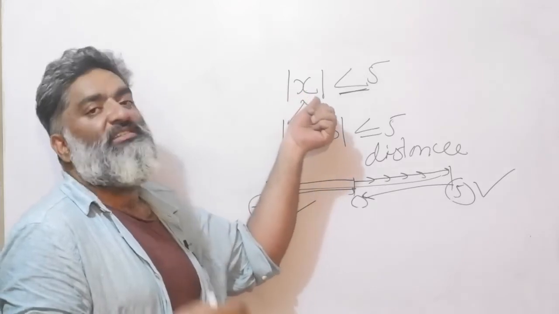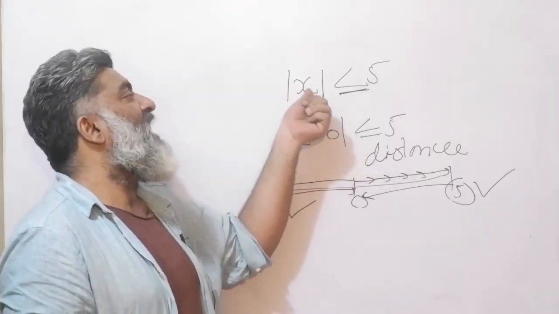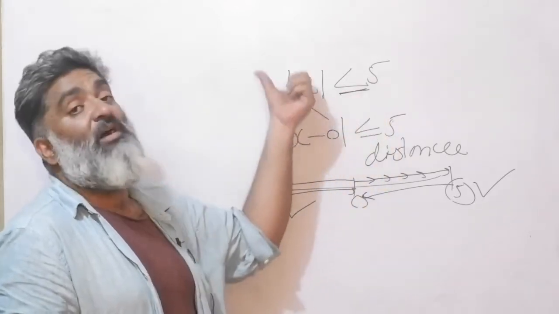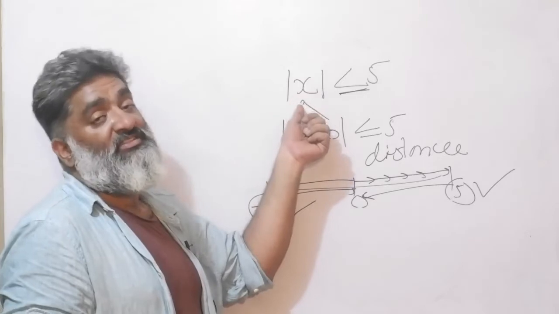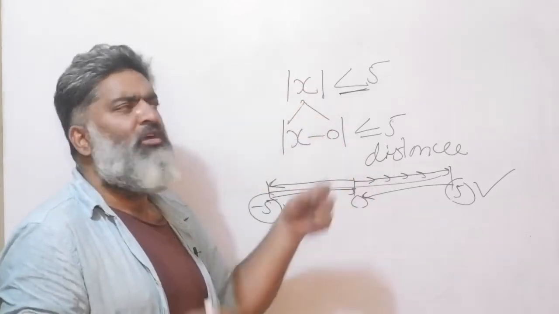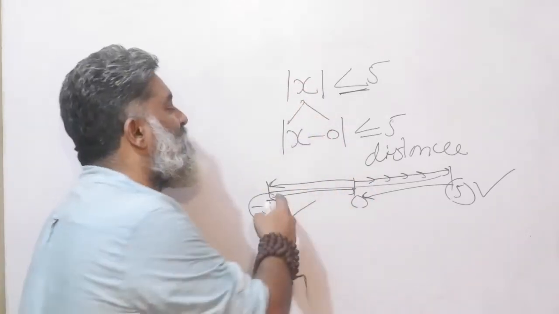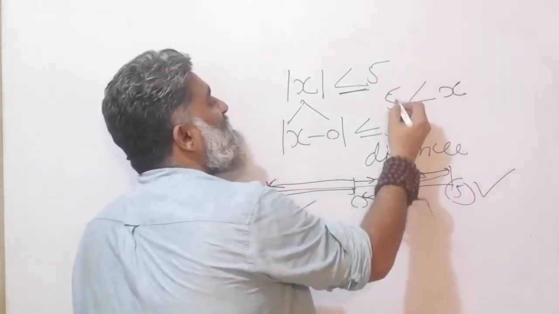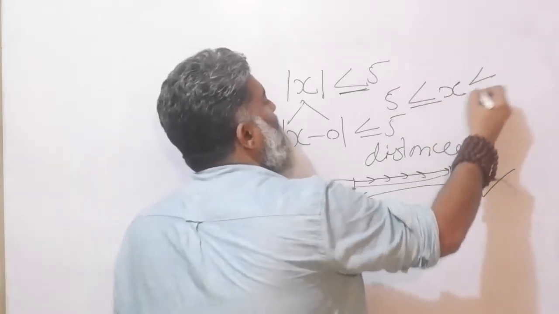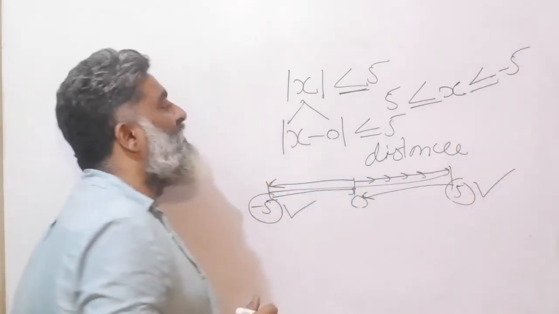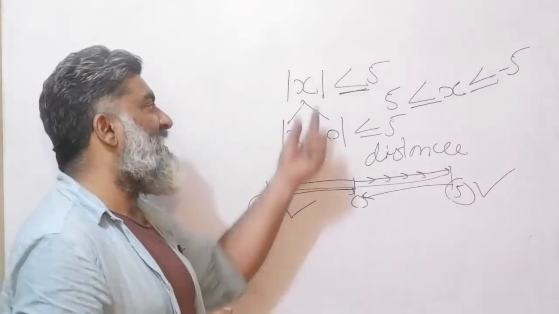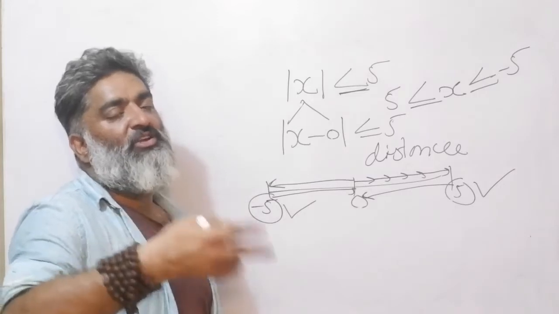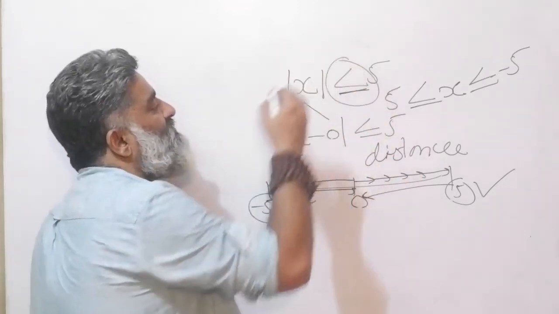I know I cannot put a 6 here. Think even more commonsensically. I know I cannot put an 8 here because it has to be less than 5. If I put an 8 here, this will come out as 8. If I put a -8 here, this will come out as 8, which is not allowed. So just play with that idea, and you will see that between -5 and 5. And how will I capture this information? x is greater than or equal to -5, and less than or equal to 5. Nothing to memorize, just the same interpretation as the previous modulus video on distance, just with this extra symbol thrown in.